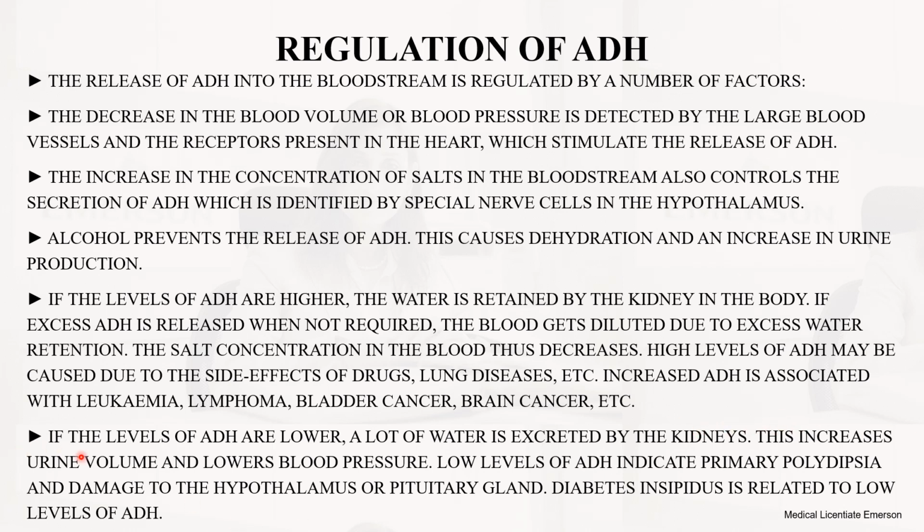This increases urine volume and lowers blood pressure. Then low levels of ADH indicate primary polydipsia and damage to the hypothalamus or pituitary gland. Then diabetes insipidus is related to low levels of ADH. Okay, so with low levels of ADH, of course, someone will be losing a lot of water and sodium, and there will be dehydration, and there will be an increase in urine production. Okay,